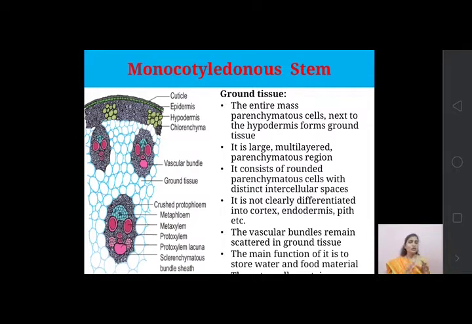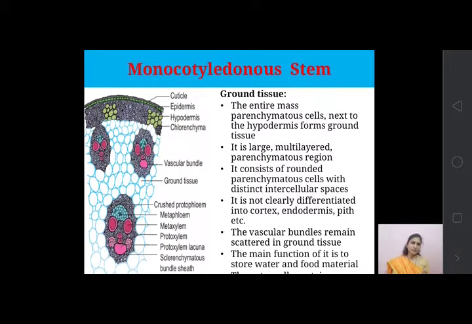So what is the protection, or what is the demarcating line of the vascular bundles? In this case the vascular bundle has its own protective covering, which is made up of sclerenchymatous cells, and this covering is known as the bundle sheath. As it covers the vascular bundle, hence it is known as the bundle sheath. Sheath means the covering of any part or object. The sheath is present around the vascular bundle, hence it is known as the vascular bundle sheath.